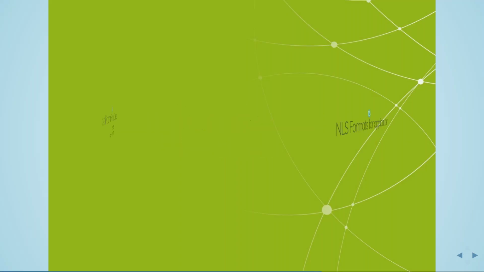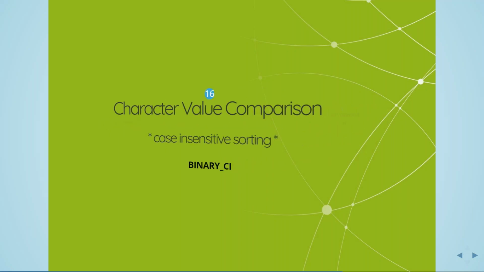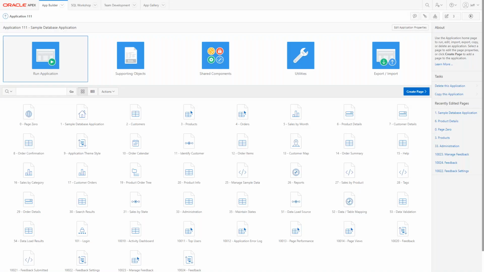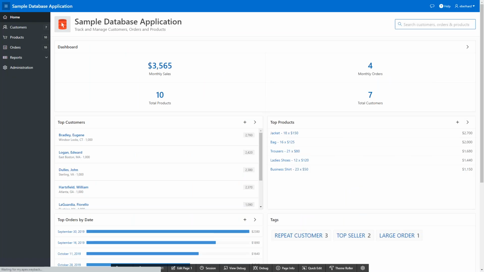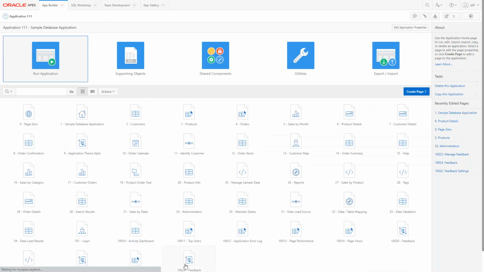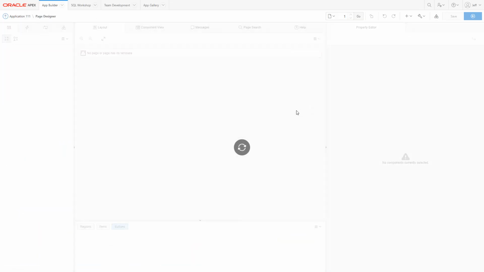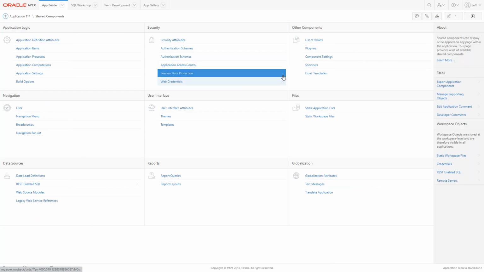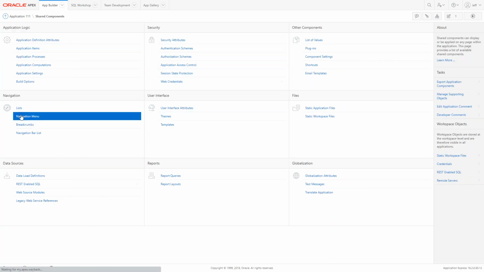So let me get to my slides here. Okay, we discussed that. Now, a nice thing about the packaged applications is you run them, then you see something, and then you want to figure out how they did it. That was the case when I came across the navigation menu badge. I saw that badge with that number in it, and I wondered, how did they do that? Well, I found out in the navigation menu,